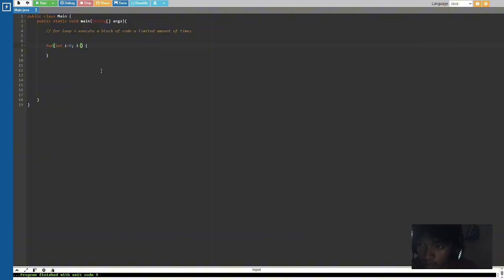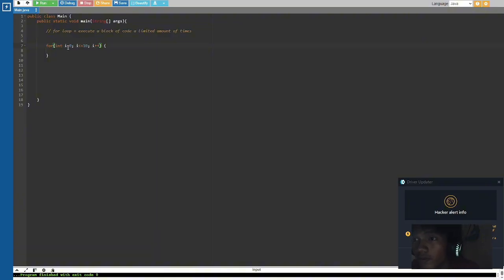So i is less than or equal to 10, because I want to count 1 to 10, or 0 to 10 because it's an index. So this is your third statement. I'll put it as increment.